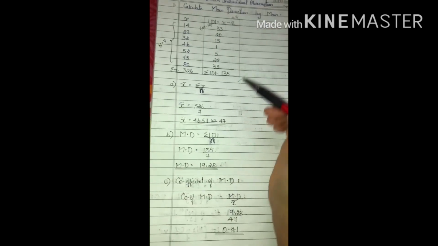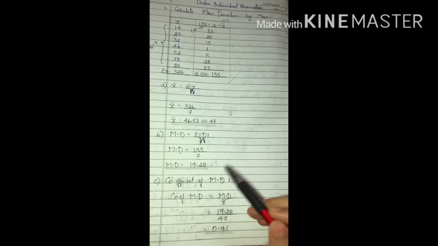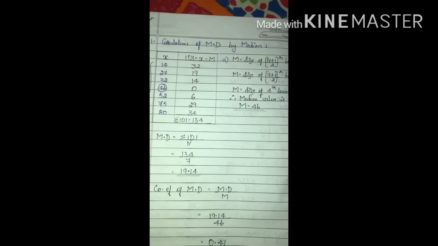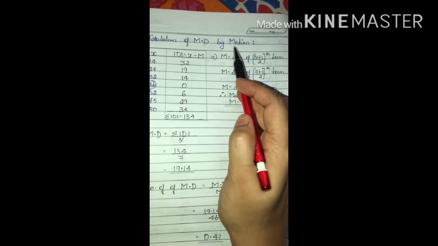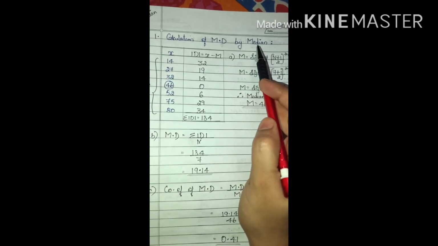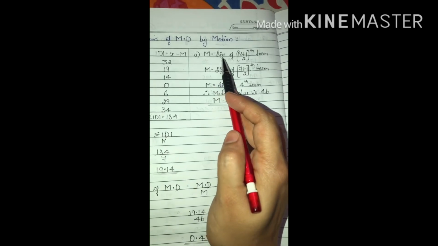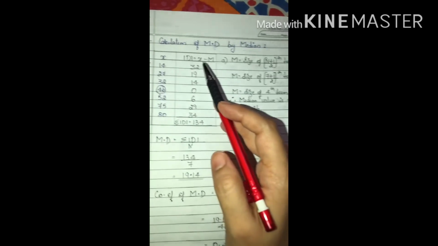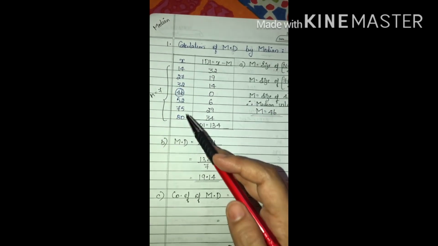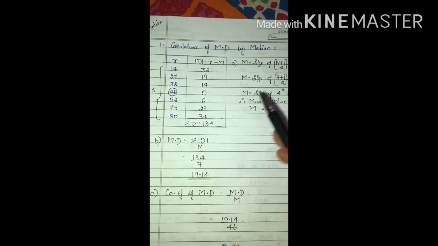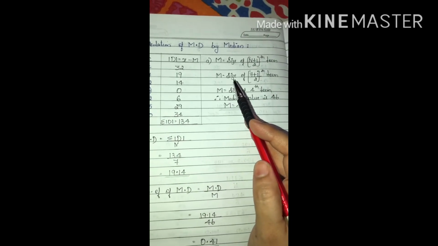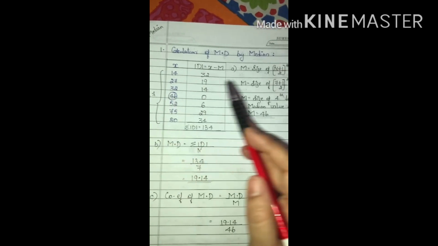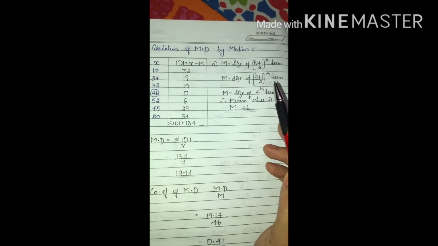The only important thing here is that you have to remember these formulas. Now, what if the same mean deviation under individual observation is asked to be solved using median? The formula of median is M equals size of (n plus 1) divided by 2 th term. The x column is the question. Now let's derive the formula. N, the number of observations, is 7, so 7 plus 1 divided by 2 th term.